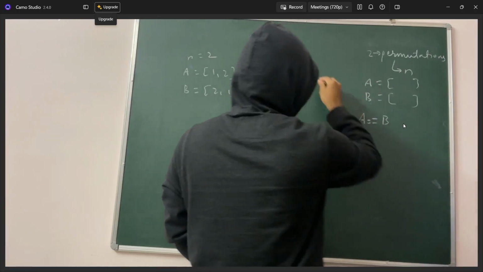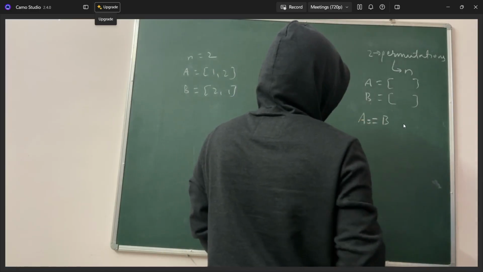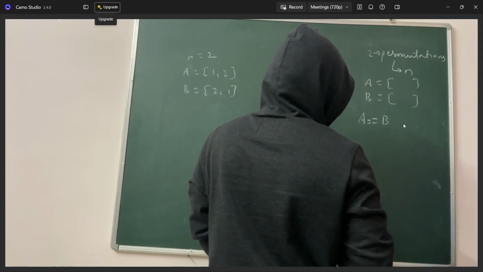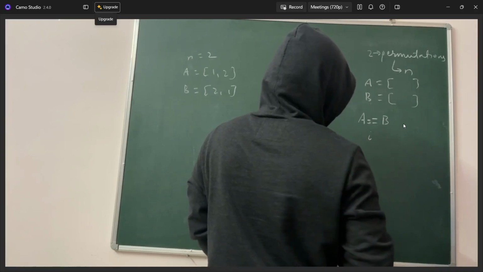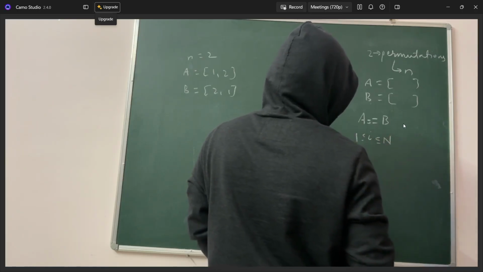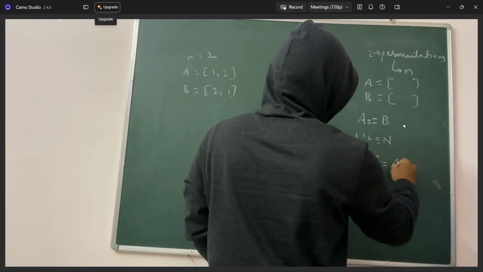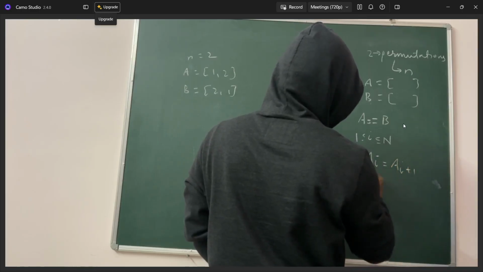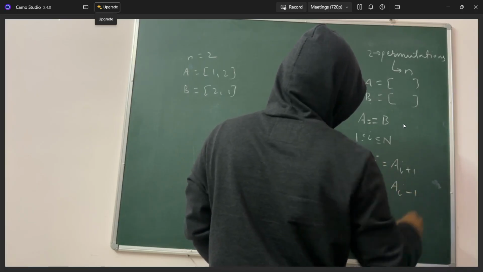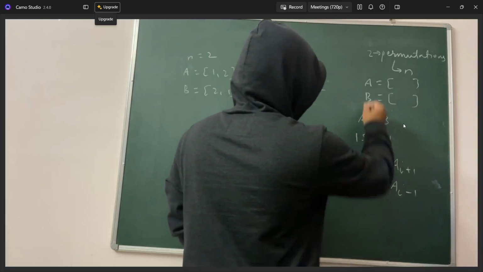In the first case, we saw that both were 1 2 and 1 2, where the permutations were equal. If it is not equal, then we will have to make it so. When you are making A equal to B, you can choose any index i, which lies in the range 1 to n. It is one-based indexing, and you have to increase the array element by 1, or you can decrease the array element by 1. And when you're doing these increasing and decreasing operations,